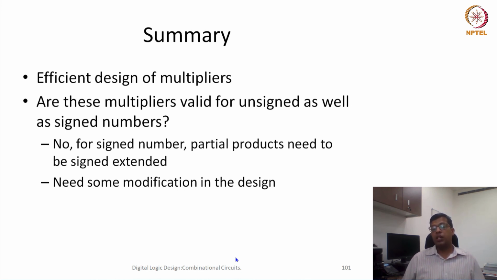One is the tree based method, where a tree of carry save adders was created, and finally a carry propagation layer would be required to add all of them. The number of stages was around log n, and the delay was also of the order of n. We have also seen a very regular structure like the array multiplier, or combinational multiplier. In this array multiplier, the delay is slightly more, but it is a more regular structure and can also be divided equally into two parts.